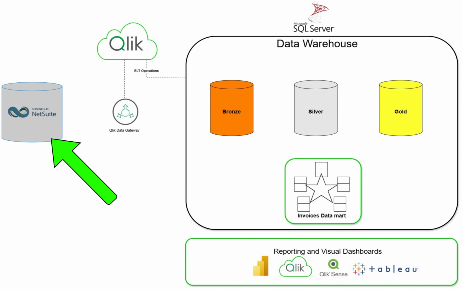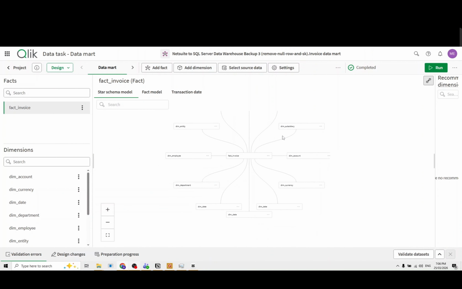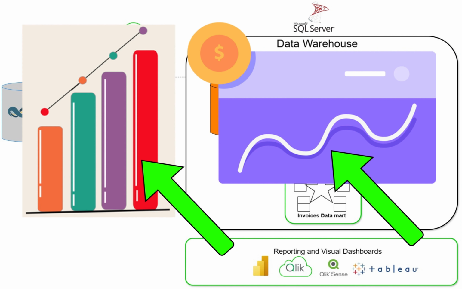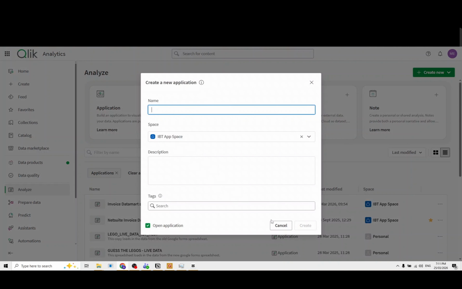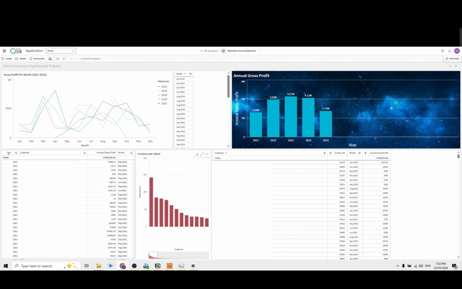Now, this wouldn't be an end-to-end pipeline without any visualizations. We have our data in a clean, invoice-oriented star schema format, but would like to analyze it and make some visualizations using this data. This can be done by going to Analyze and creating a new application. An application lets us create visualizations dashboards by loading the data sets created by the pipeline that we developed earlier. I've already joined the facts and dimensions together into one data set, which allowed me to create the following graphs. Gross profit per month and comparing that for each year between 2021 and 2025, gross profit per year and number